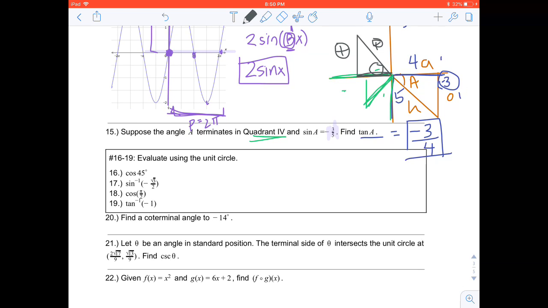16 through 19, we have to use the unit circle. Let me see if I can actually